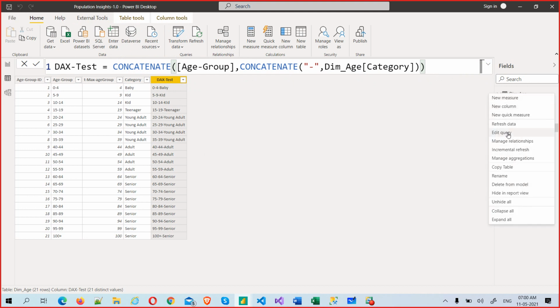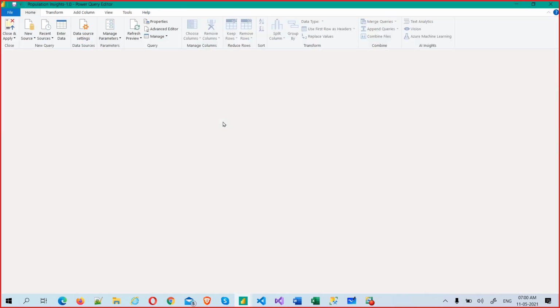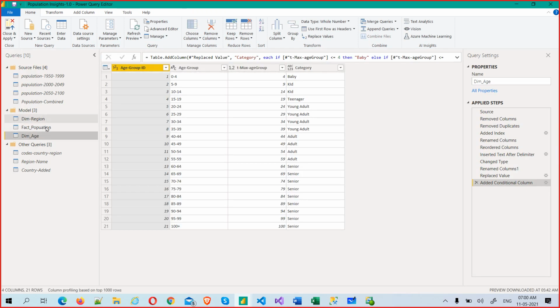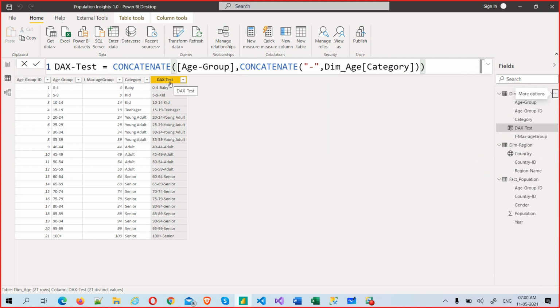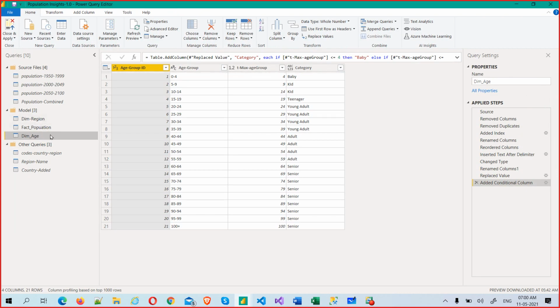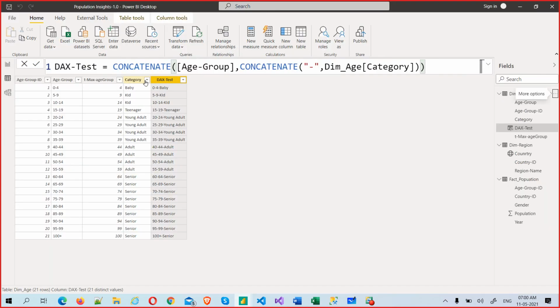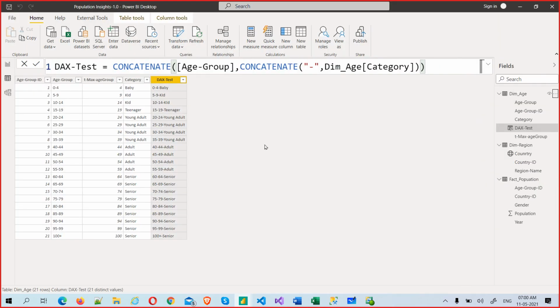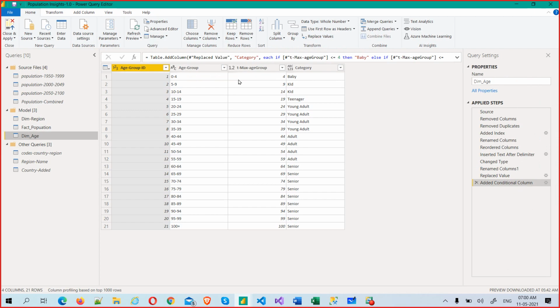Now let me go back to this query editor. Now you see, the column which we have created there will not be available here. The DAX test is not available here. That is my intent, to show you. I have created the DAX test, but it will not be there in the same table. This DAX test column should be there. Why is it not there? Data comes to this first and loads to this, and then on top of that loading you are creating this. So that is the reason it is not there.